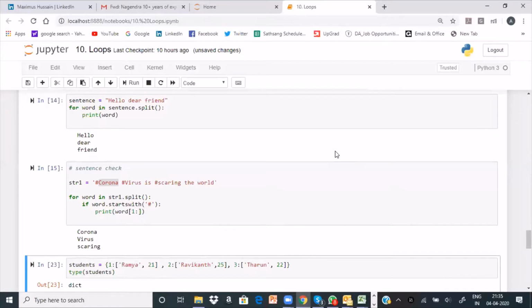The only thing left out is dictionary. So let us see how the for loop is done on the dictionary. The four keywords which we have used here: for alphabet, for number, for item, for word. Is that okay, Prasad?